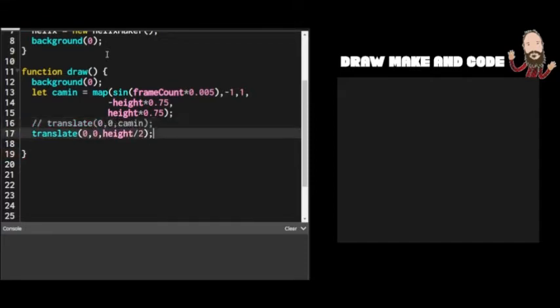We'll just comment that out. So you can put both translates in there and comment out one, so you can easily switch between the kind of views that you need. So for now, just so we can see everything is working right, I'm going to try to remember that we're